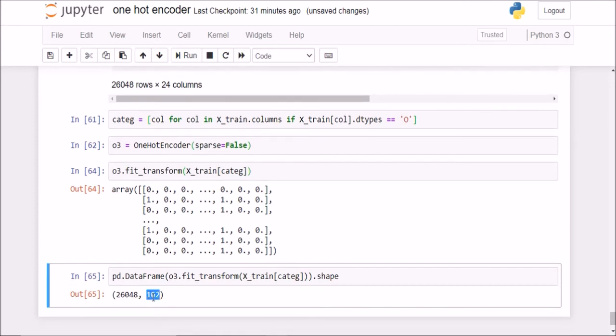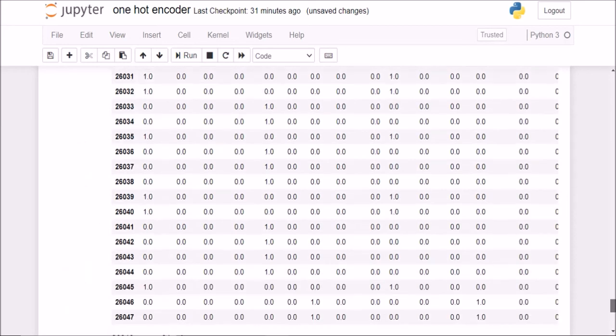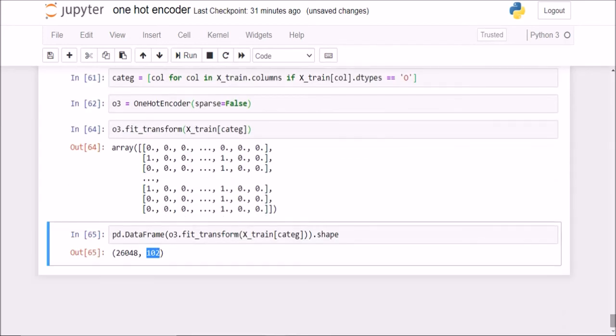You see, I have 102 columns now because there were so many categorical columns in my original data frame, and for each of those categorical columns it calculated one column for each of those features, right? So there were in total 102 different categories in all of those categorical features combined. So you see, we have dramatically increased our feature space from around 15 columns to 102 columns now.